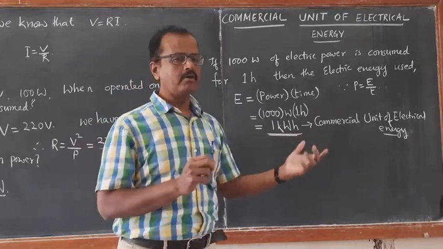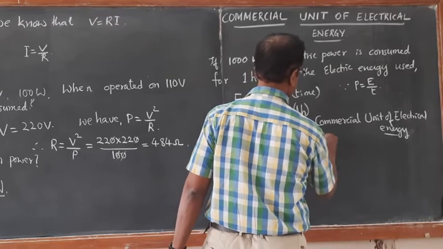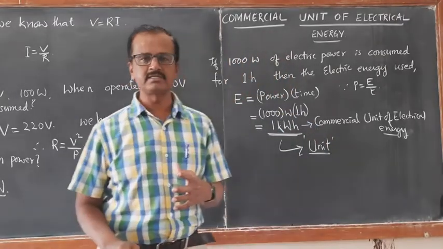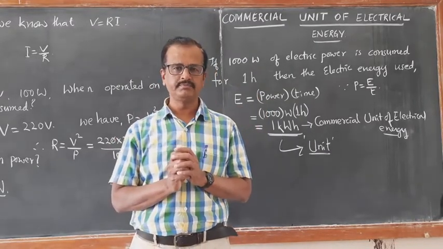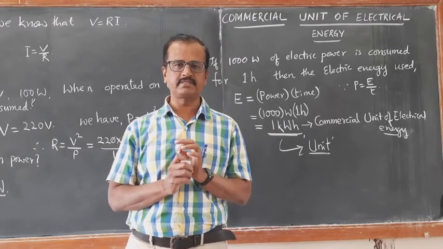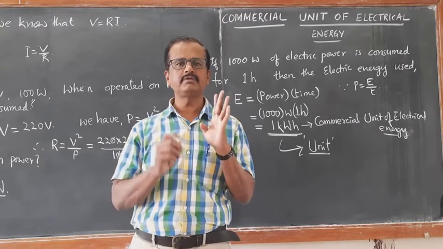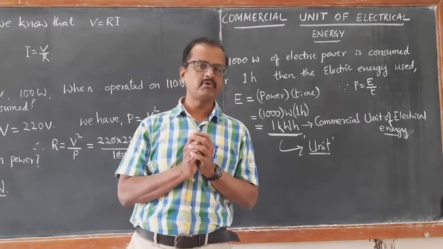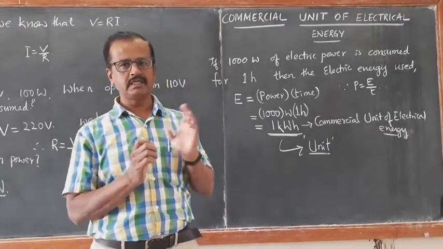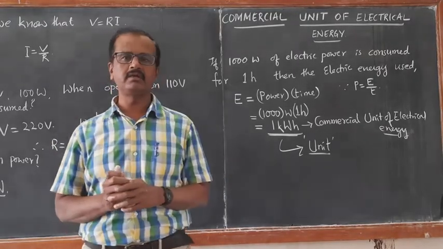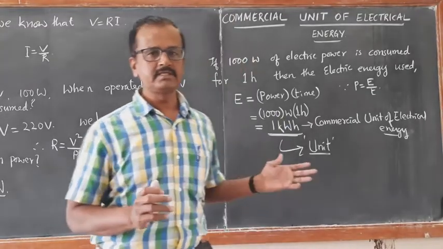In short, it will be called 1 unit. It will be just called a unit. Based on the number of units used for the entire month, the bill will be prepared and submitted. And the per unit price is fixed. It will be 3 rupees, or 3 rupees 50 paise, or 4 rupees, based on that particular month. And accordingly you have to pay the money. So let us solve some problems based on this, then you will understand the meaning of the commercial unit of electrical energy in detail. I think it is clear.